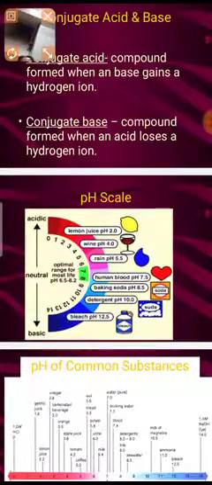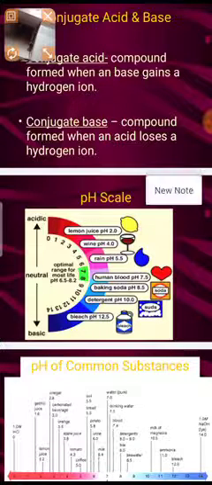This slide shows the pH scale. You can see on the left side the upward arrow and the downward arrow. In between there is the neutral. So water is neutral, which has a pH of 7. But most acids, especially in a fuming state, and water with a pH less than 7, are acidic.